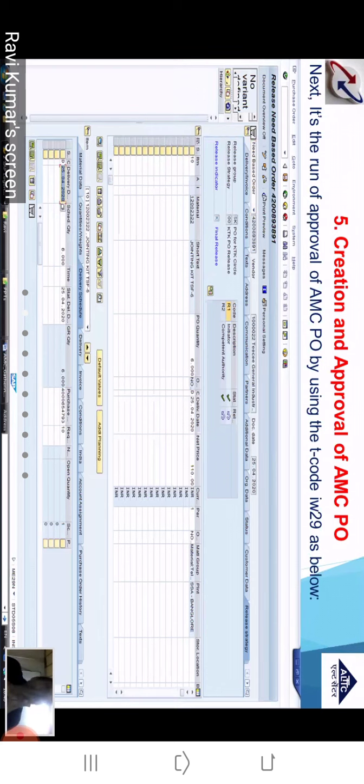Now I have created the PO, and the PO was created by using the PR. Simply by using the PR, nothing else, because the PR had everything. PR was having service parameters, the AMC vendor, and it also had the text details after linking of the PR with the PO.